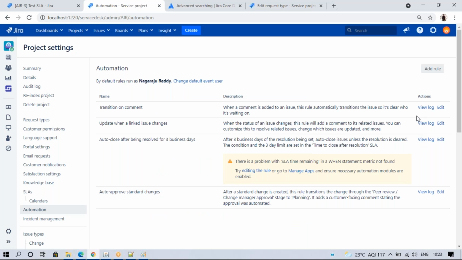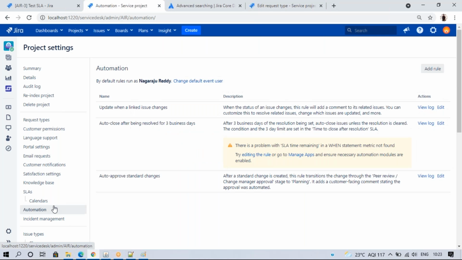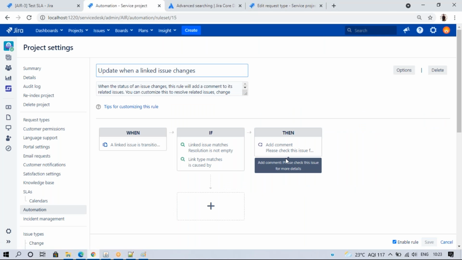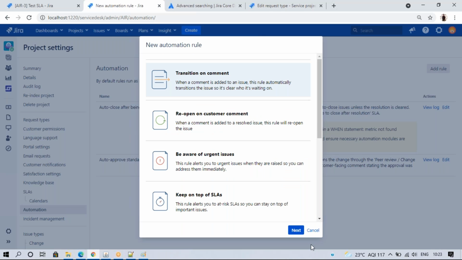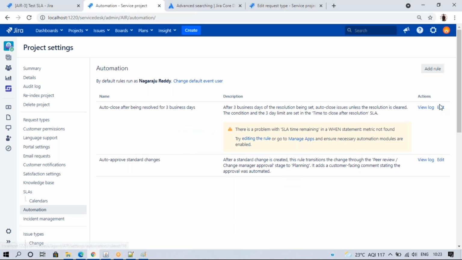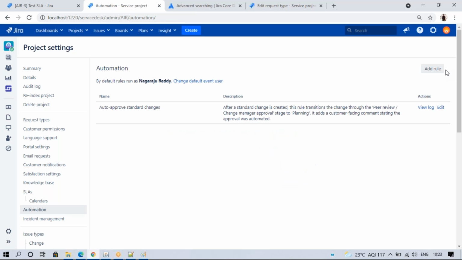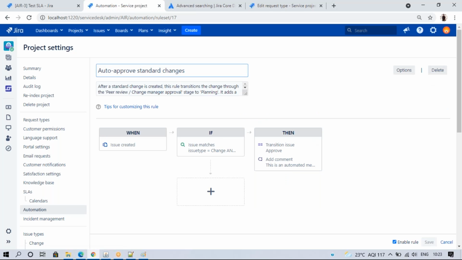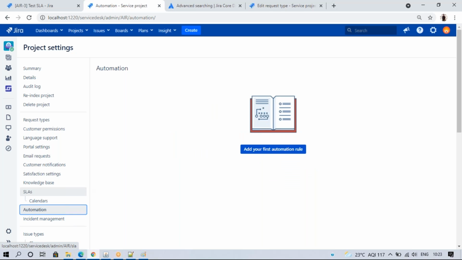Or else I'll delete this transition comment, auto link issues, close. These automations are very useful.